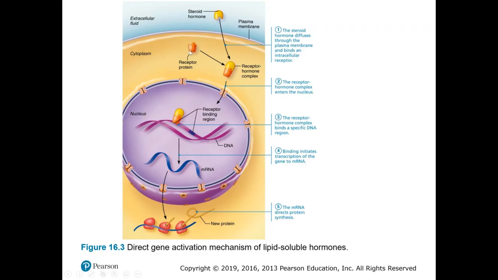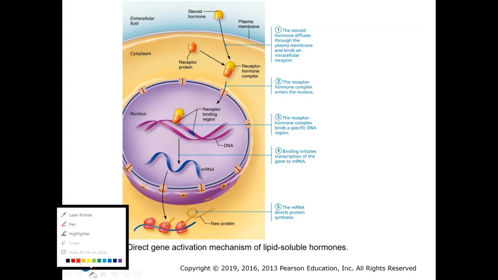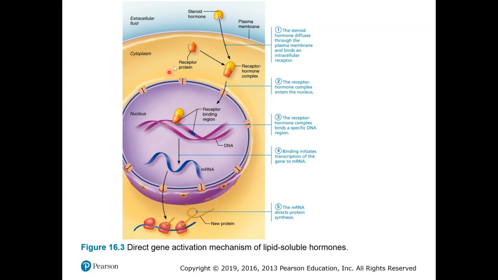So the receptor protein is going to have a site that's shaped and complementary to the hormone. Then on the other side, it's going to have a binding site for DNA that binds to a specific piece of DNA. And then it's going to be able to turn on DNA and transcribe that gene into a